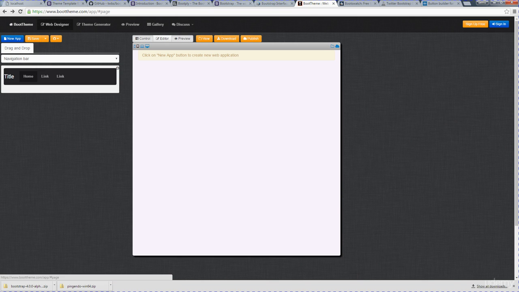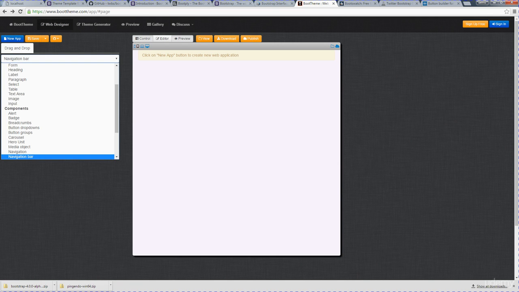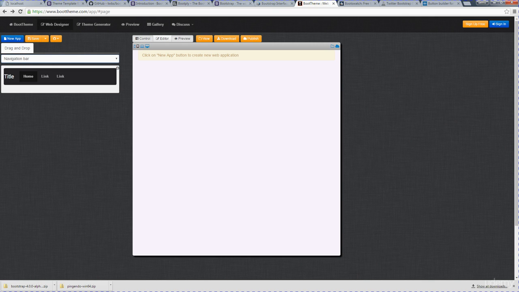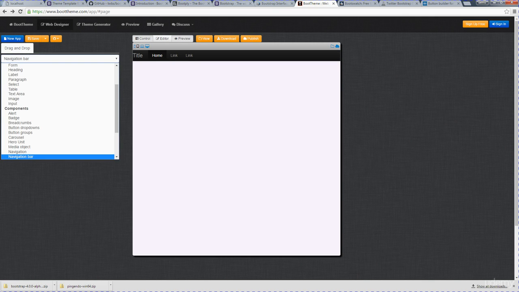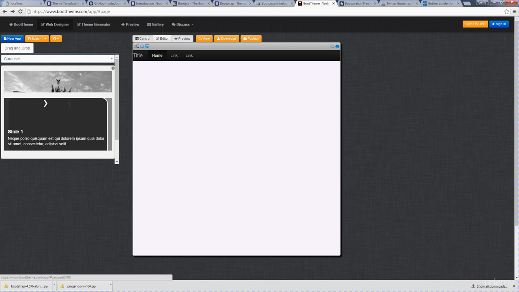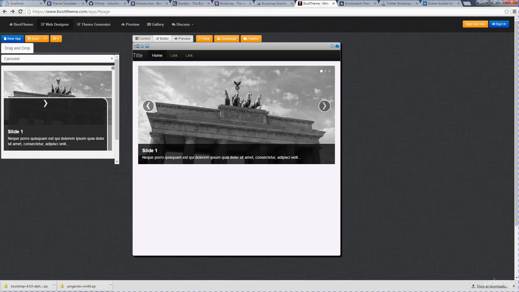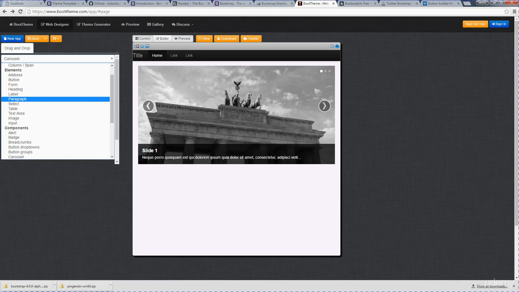So you can go over to their website, boottheme.com, go to Web Designer, and from here you can select what component you want to add in. So if I wanted a navigation bar, I can simply then drag it and drop it in. If I wanted to add in a carousel underneath that navigation bar, I can drag it, drop it in, and let's say I want it to have